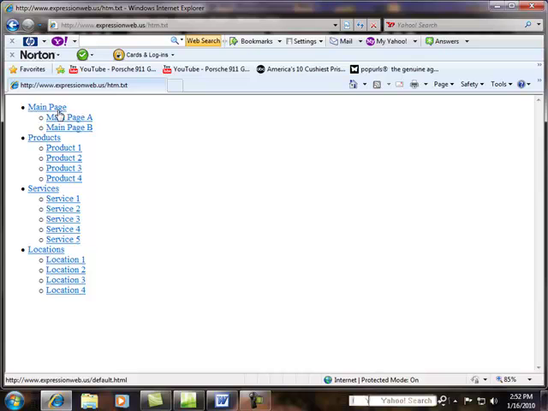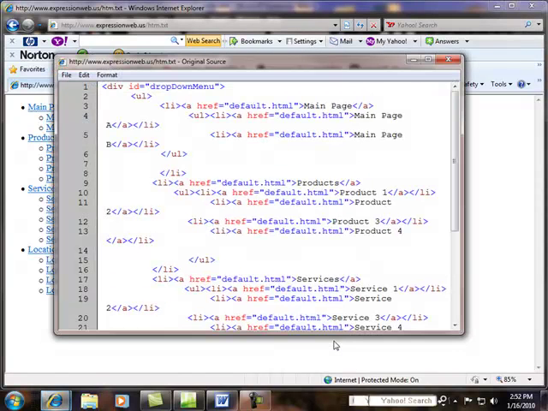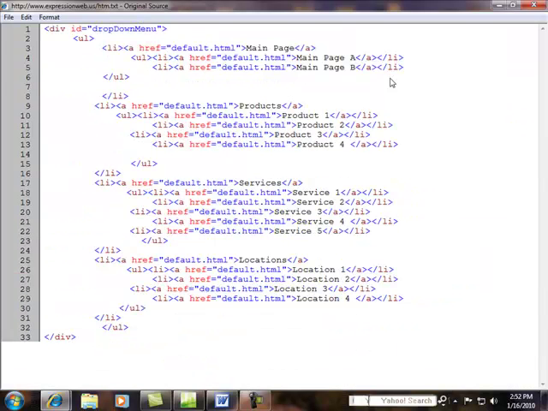So what we're going to do now, because there's a text file behind this, we want to see that. So this is Internet Explorer 8. It's a little different on Mozilla Firefox, but somewhere up here you'll find something that says source code. So here on Internet Explorer, it's right here under Page, View Source, and there's our HTML code that we want. So all you've got to do is copy this, just highlight it,